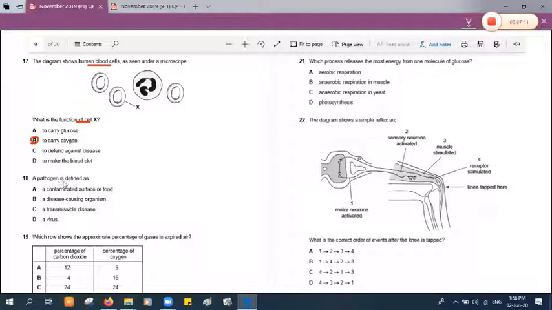18, a pathogen is defined as a contaminated surface or food. No, this is not its definition. So this is wrong. A virus? Actually, yes, B. Perfect. This is an example. We can't choose a virus. Okay, let's move to